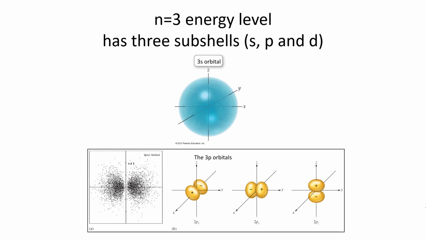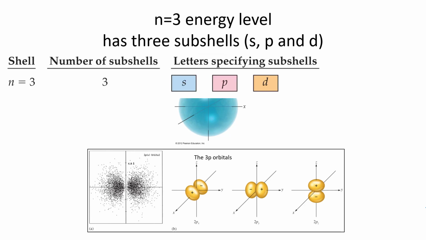So it's going to be odd numbers. All right, but this is kind of a summary of them all. Within the n equals 3 energy level, you have 3 subshells, your s, your p, and your d. Okay, so those are your 3 subshells. Your s can hold 1 orbital, your p can hold 3 orbitals, and your d can hold 5 orbitals, which